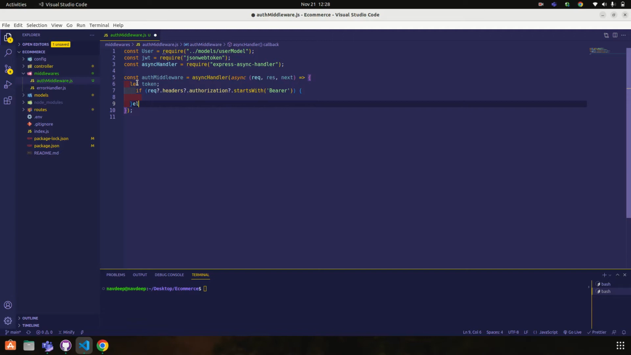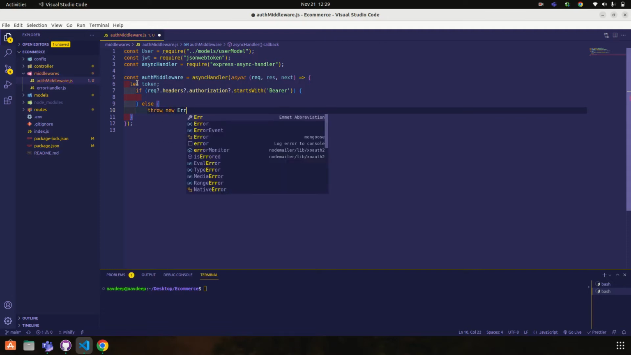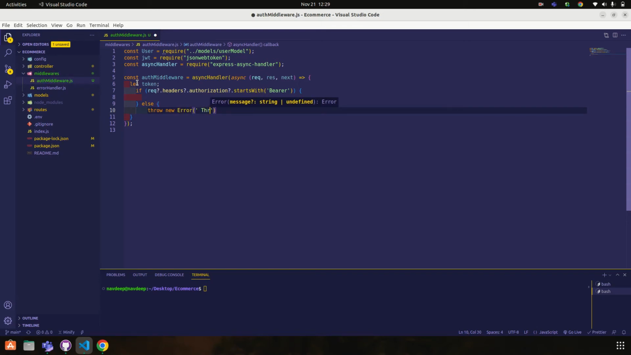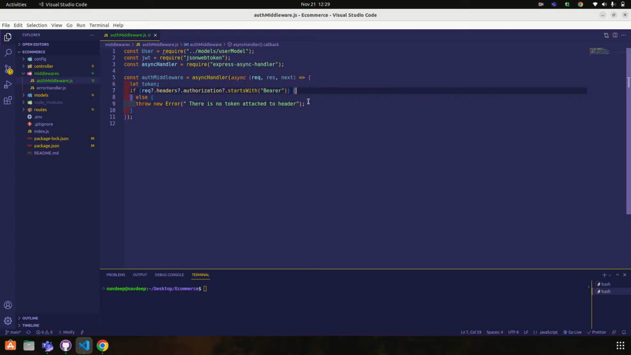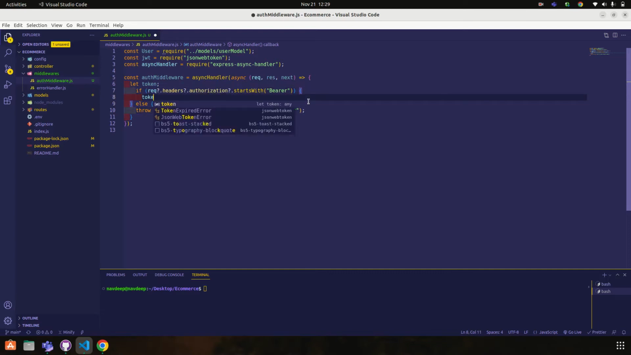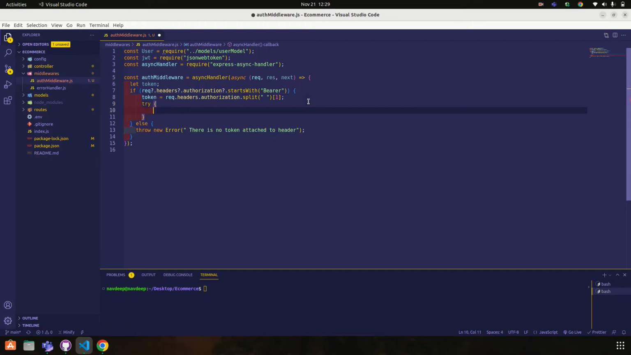else throw new error, there is no token attached to the header. And if the token is present, then token is equal to request.headers.authorization.split with blank space. Split converts it into an array, and we need the second value. Then try and catch error,